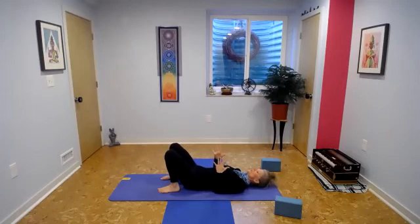I'm going to bring my hands into robot arms. So I've got my elbows bent, fingertips towards the sky, pushing into my upper arms to lift the heart. This is the area where you're going to really be working. So let's just lift the heart and set the heart back down a few times so you can feel this